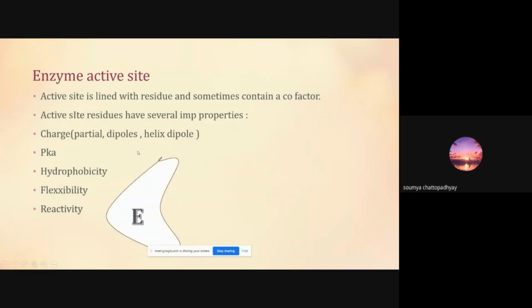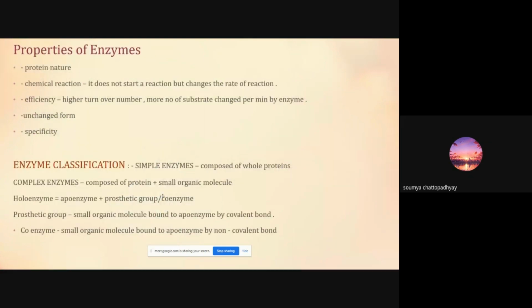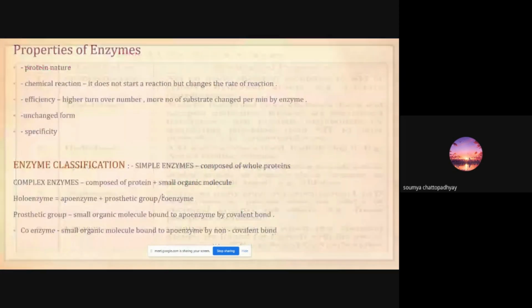So, I will talk about this again. Then there comes an enzyme, and there is a substrate, and these are the active sites where the residues are. As I said, they must be of the same interaction. Suppose here it has residues which tend to form electrostatic bonds, then in the enzyme part also, it must be the same. It also has to have residues which tend to form electrostatic bonds.